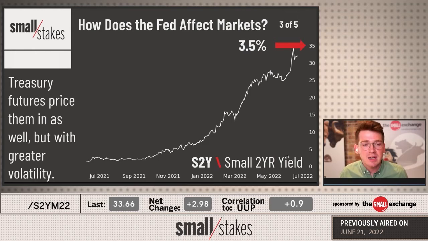And you can see this falls in line really closely, but not exactly, with that 2-year yield. Close direct relationship, as direct as you can get in a trading product, getting up to close to 3.5%, but actually a shade under it. The futures are currently trading at that for the 2-year. And you'll see that Treasury futures move with the Fed funds and what the Fed is expected to do, but with some bigger swings around it.